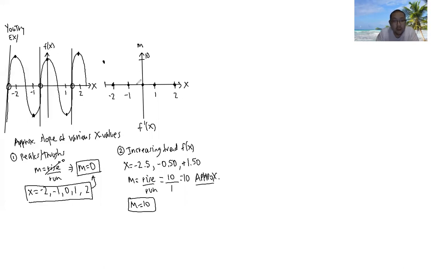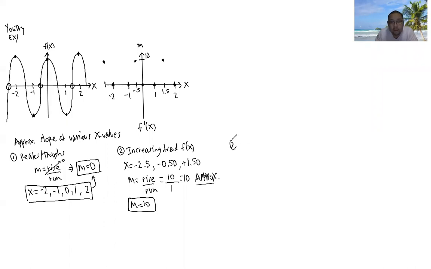The same thing at negative 0.5, it's going to be positive 10. Same thing at 1.5, it's going to be positive 10. Once we have this, right,